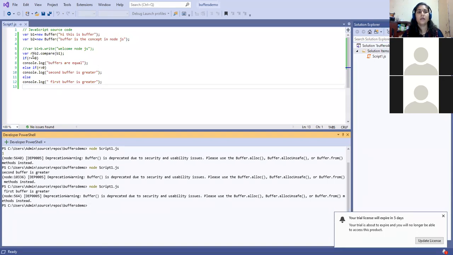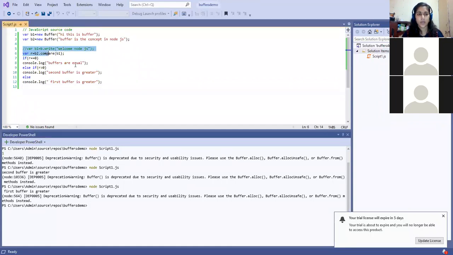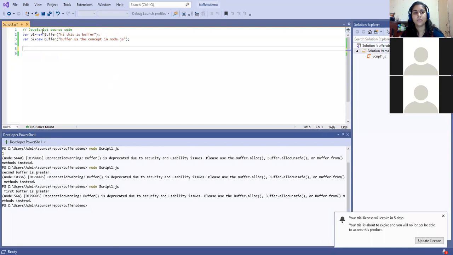Okay. Now the next function is concatenation. If I want to concat two buffers, I created the same two buffers. Suppose I have to append the content of this buffer to this buffer. So concat is the function. How to use that? In the last lecture we have seen the concat. It will take an array of buffers as a parameter, we can say an array list of the buffers. So basically you have to use the buffer.concat method.